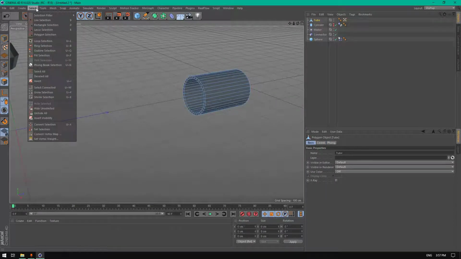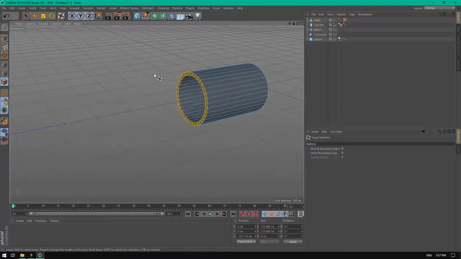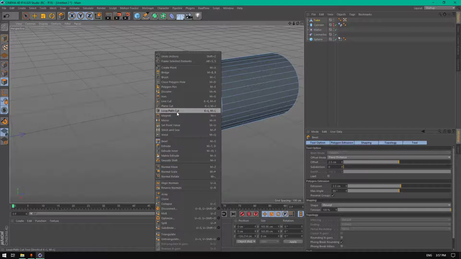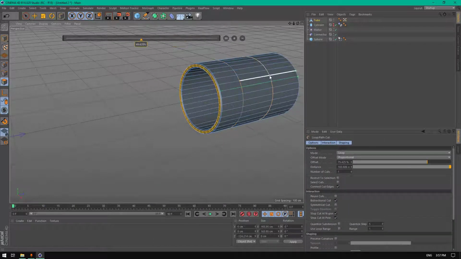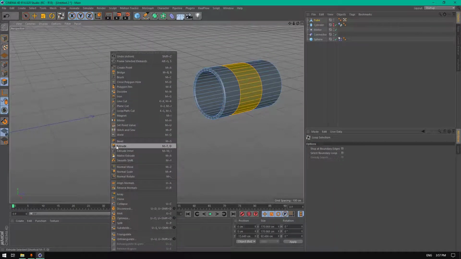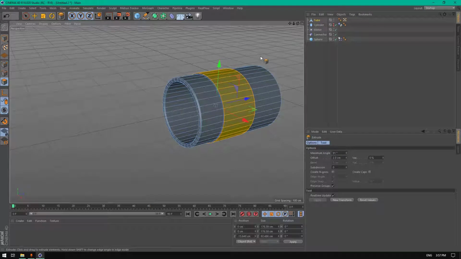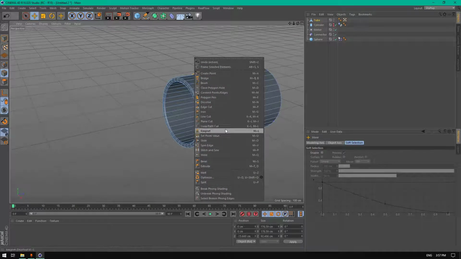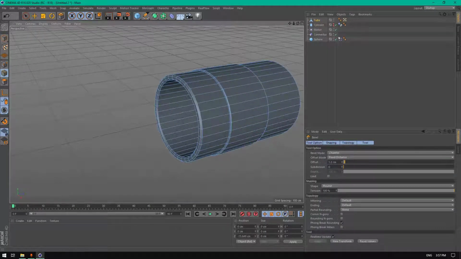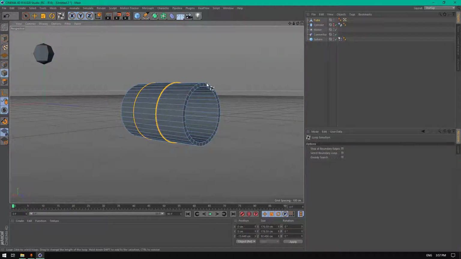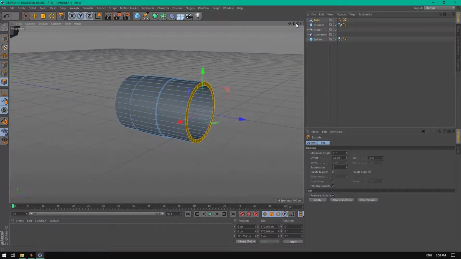Go to polygons, go to select, loop selection, select this one, right click and bevel it a little bit, right click and loop cut, cut. Let's put a cut here, go to loop selection, select this one, extrude it a little bit, go to lines, select these rings, right click and bevel them a little bit. Let's go back here and go to loop selection again, select polygons and select this loop here, extrude it a little,